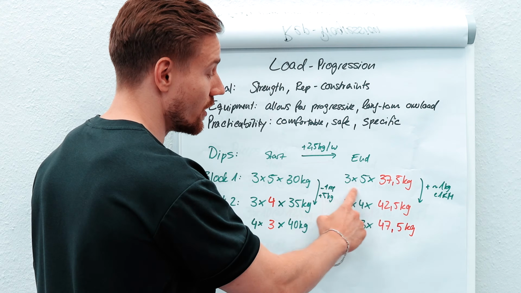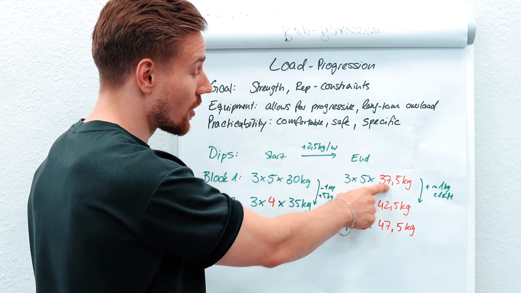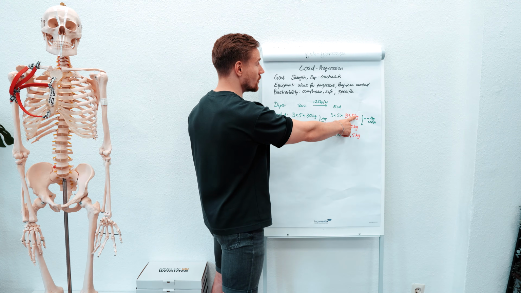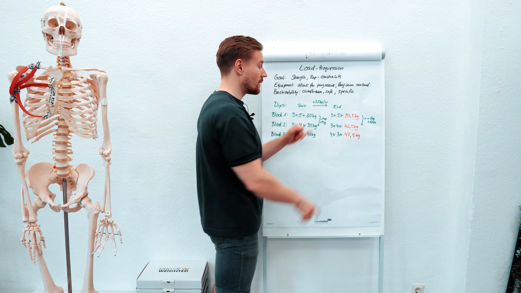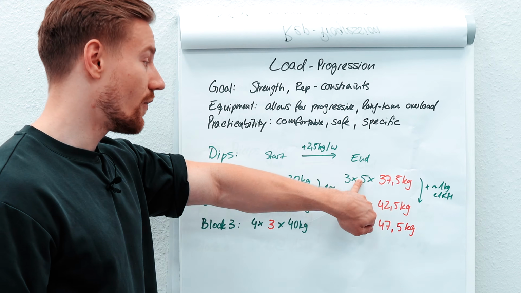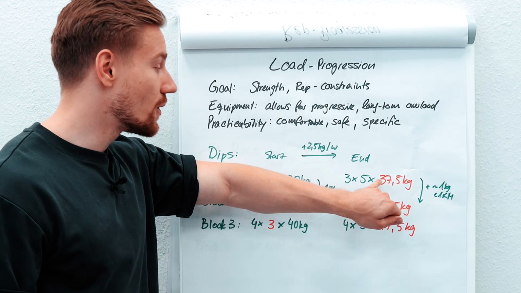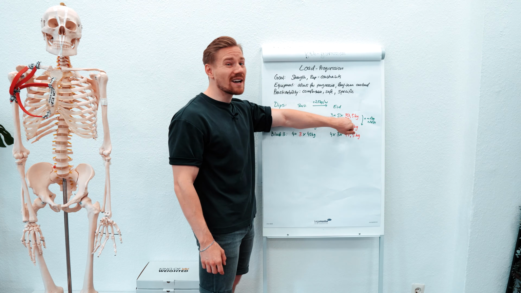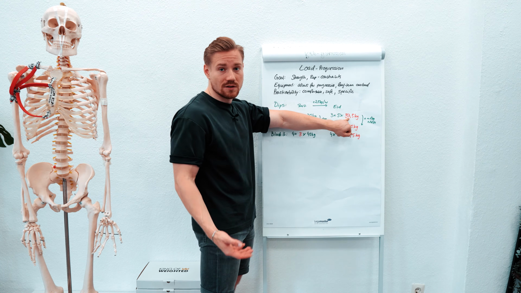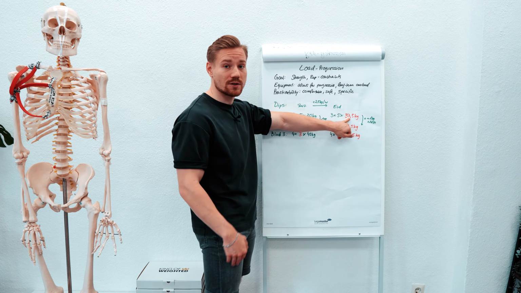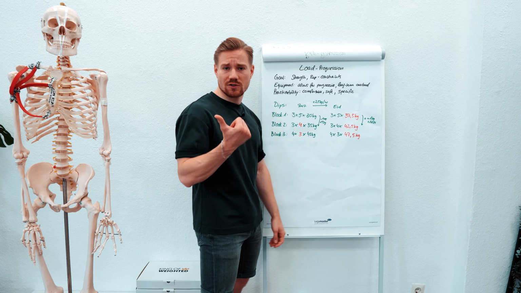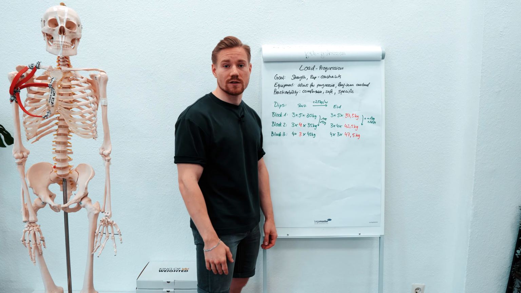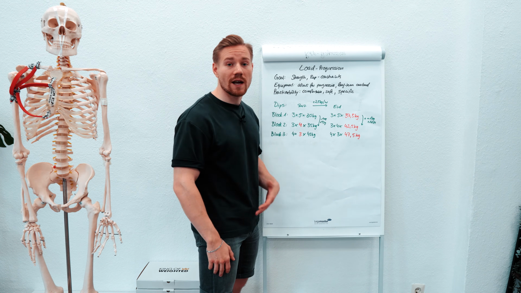Now here, let's say we arrived in week 4 with that load that was close to max effort. What are we gonna do? We want to increase the load again, but now we are achieving the max for 5 repetitions. If we go for more weeks with those 3 times 5, then we cannot add load every week. Because how? We can just hope for adaptation, hope for getting stronger, but in the end we're just getting more and more fatigued, and we maybe experience a decrease in performance because we're working so heavy, so close to